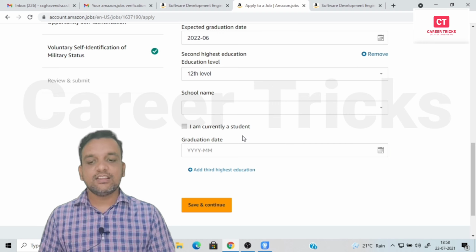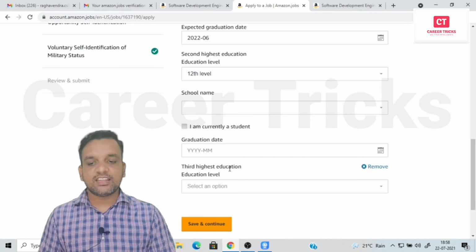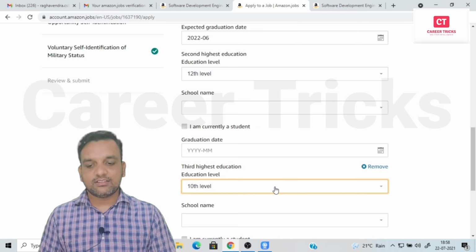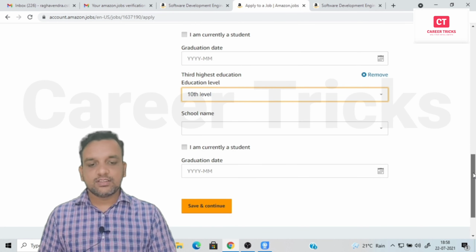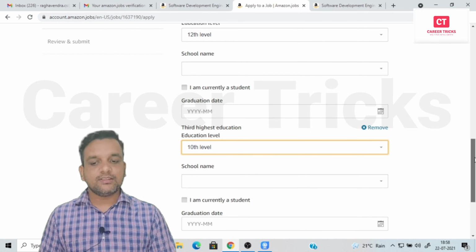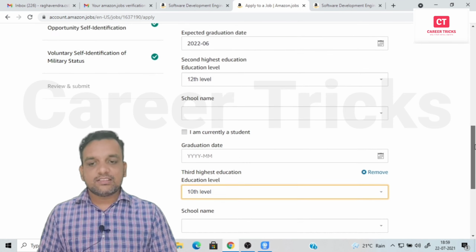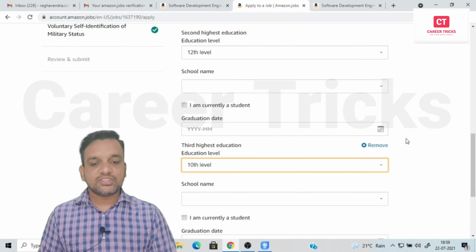This is the second level. And third, again, if you have any other, you can add those. 10th also you can update. Then again go for one more time. Here you apply 10th level. After that no need to apply. Only three things we can apply: 10th, 12th, and graduate.